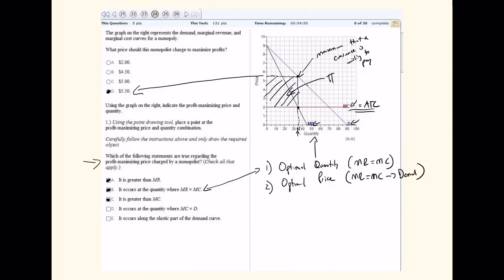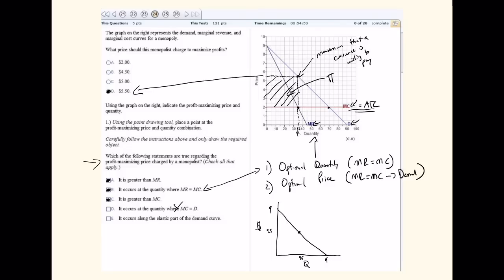It occurs at the quantity where marginal cost equals demand. Well, that's all the way out here, so we know that can't be the case. So that's not one of them. And then it occurs along the elastic part of the demand curve. And this is a trickier part to this question. If we think back to chapter 5 in our book, and let's say we have a demand curve that looks something like this. This is quantity and this is price. At 4.5 and 4.5,